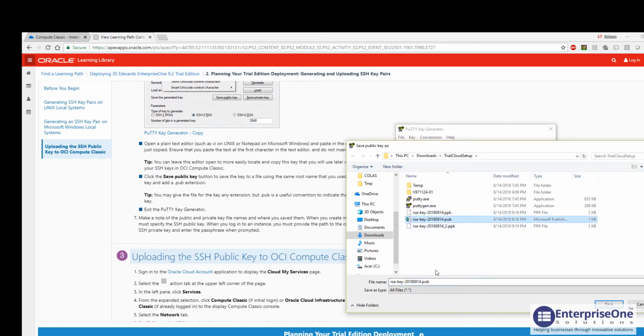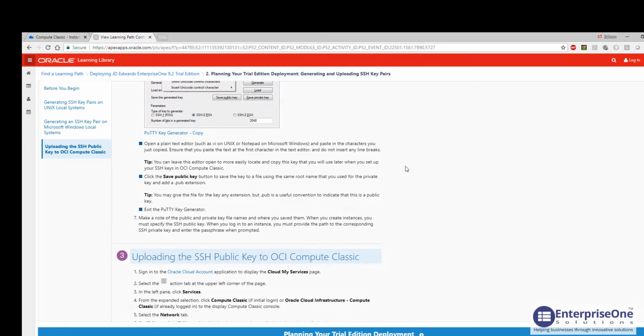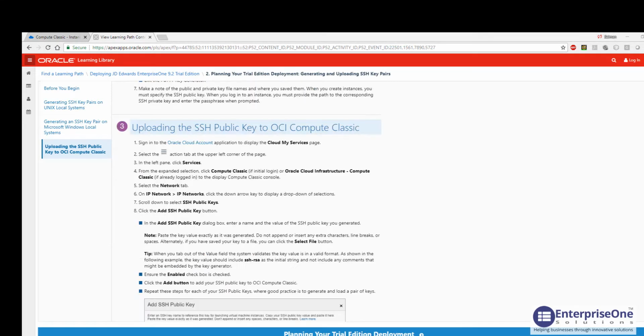So you will select something else because I already created one and they recommend creating two. So I created underscore two. Now we have keys. So the next thing we need to do is to go to the dashboard again and